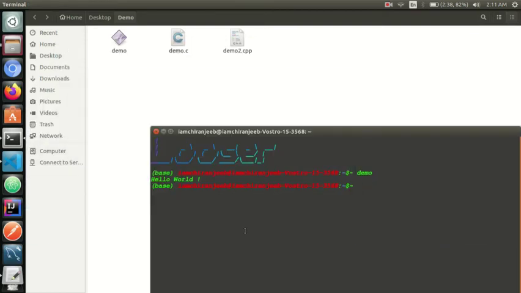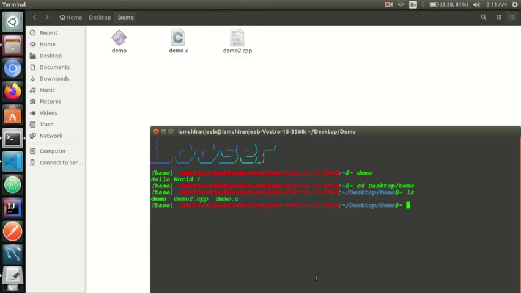So I will move to the directory. Now we will see which files are there. We can see demo2.cpp, demo.c. So recently we have created this C++ program file. Now I will compile this and run this.